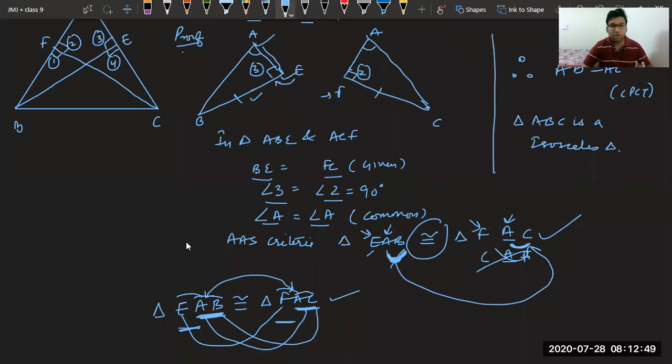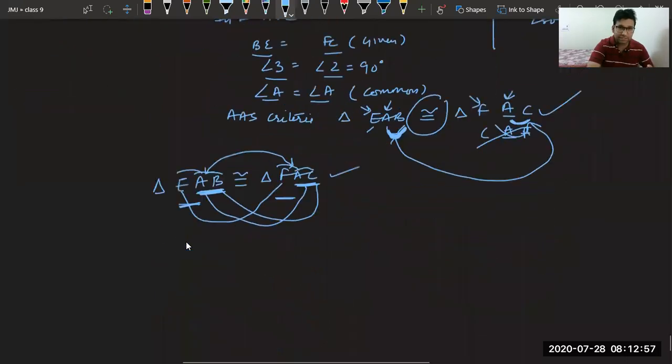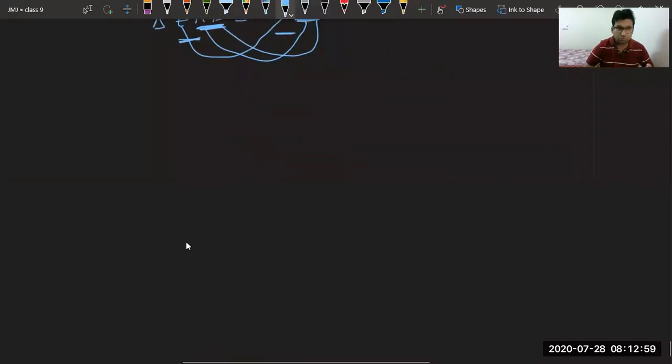Please confirm, Vaishnav, if it is clear to you. Okay. So the name should be correct. If the name is correct, finding the corresponding parts will be very easy for you. Okay. Now let's take the next question. I'm taking a lot of time to solve all these questions, so please utilize this time to solve the questions from RS Agarwal in your RS register. Okay. Keep practicing from that also.